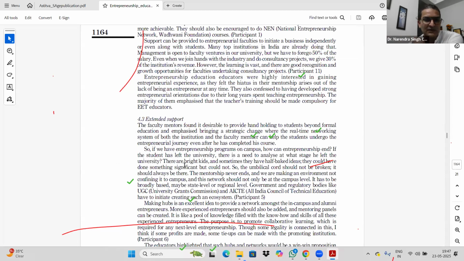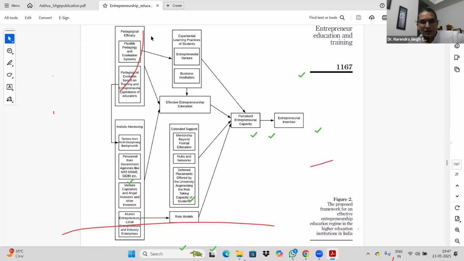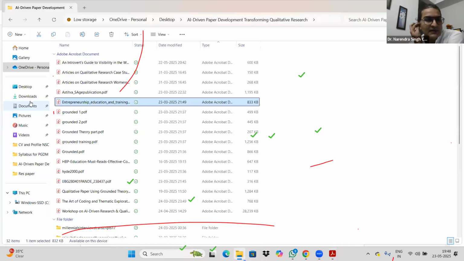Entrepreneurial, and finally, this is how it has been done. And this is the model, the framework that we have proposed in this particular research paper. I hope this is somewhat clear. So what I'll do is give a little example of why narrative inquiry is used and where it has been used. Let me come to the other portion also so that you can understand. Now let me come to the next part.